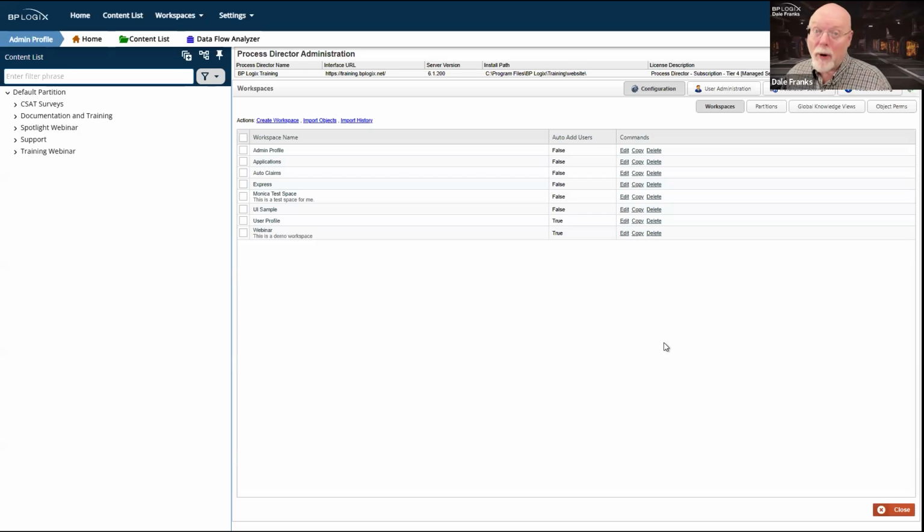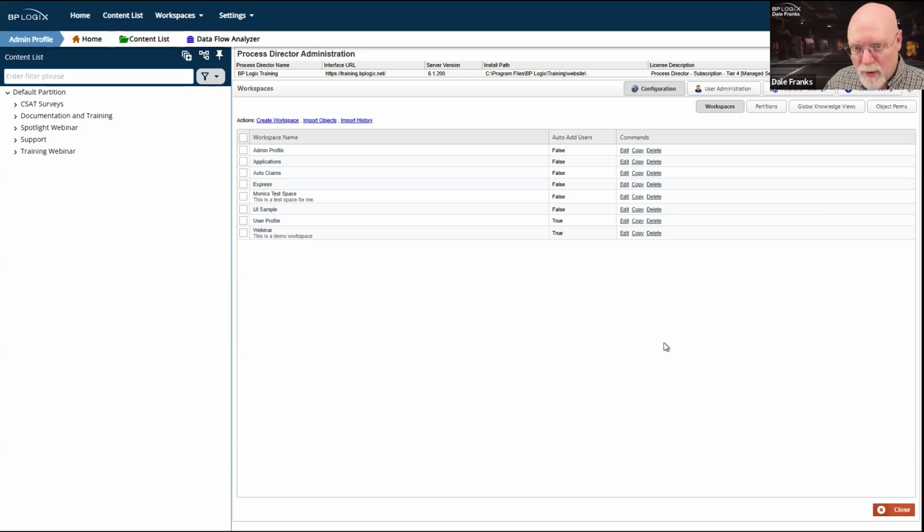For example, anytime that somebody makes a change to the application and they need to change the workspace, you're going to have to make that change to the workspace. Not only that, but after the new application version is imported into your production system, you're going to need to export this workspace from your dev system, and import the workspace into your production system after the application designer has imported their application into the production system.